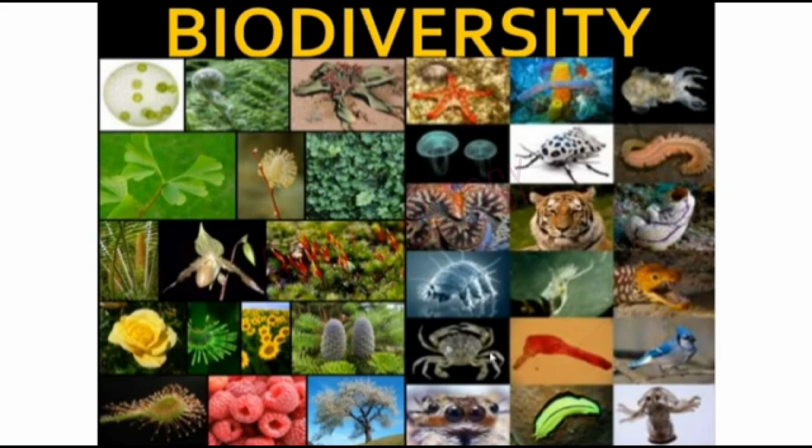So let's understand our biodiversity: how the organisms are classified, how many varieties there are, how many plant varieties, how many animal varieties, how many are yet to be found and named, and whether it is useful for mankind to know about all this biodiversity, and why there are so many varieties of organisms living. All these things we will be learning in detail.